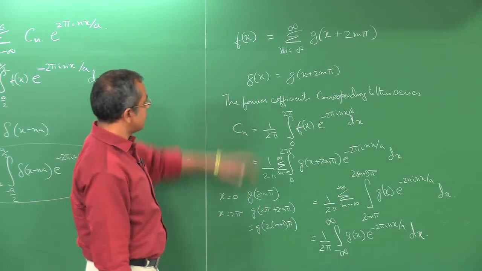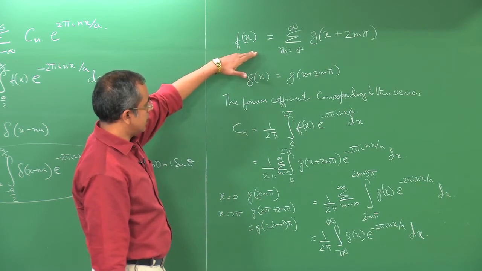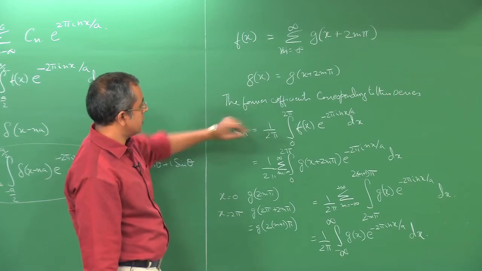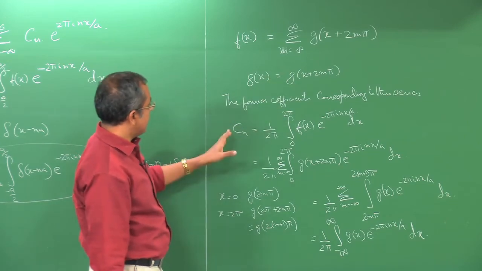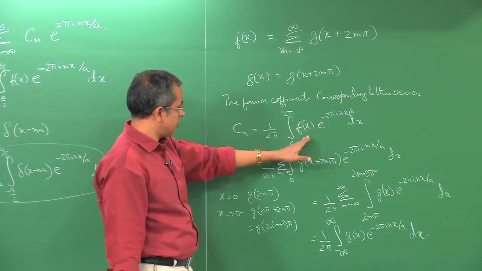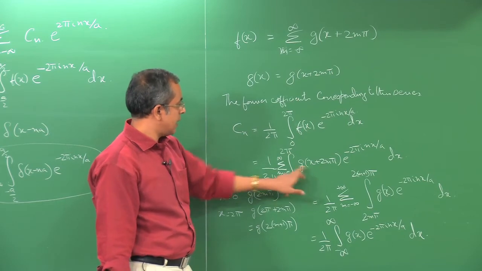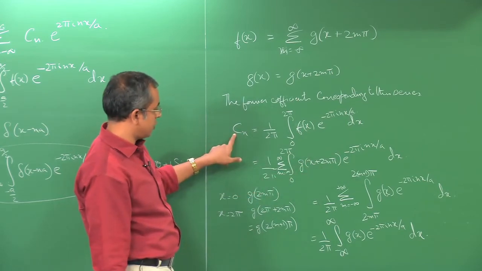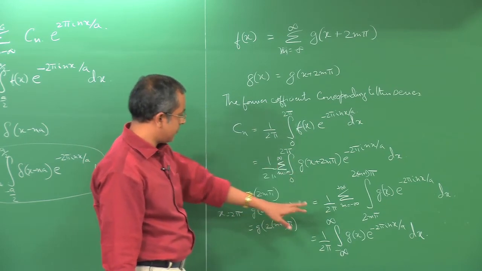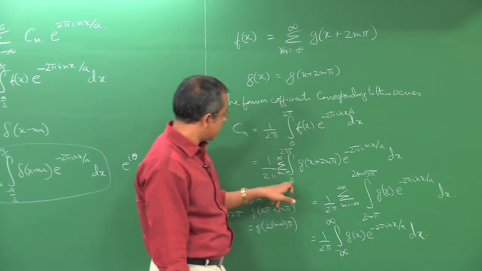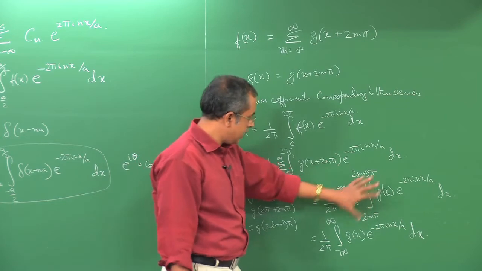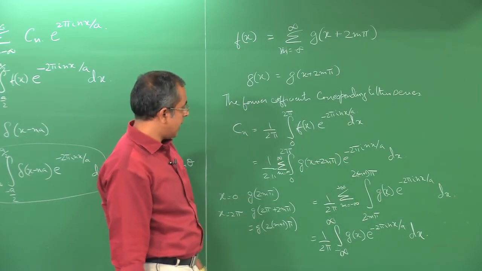Okay. So, what we have done is we have written a formula for the Fourier series corresponding to a function, and we have recognized that it has a certain periodicity and that is why it is written in a certain way. Then we wrote the expression for the Fourier coefficients corresponding to a function. We have introduced that function here, and so that is the expression for the Fourier coefficients. We notice that there is a sum, we then change the limits of integration because that works out convenient for our understanding here. So, from 0 to 2 pi we change to 2 m pi to 2 m plus 1 pi, correspondingly change the function so that the form is still being maintained,